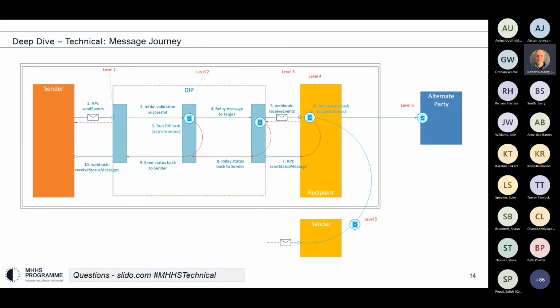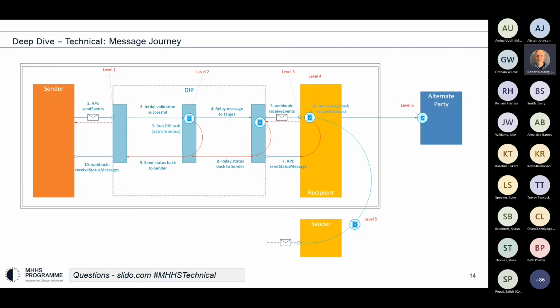When a message is sent by a sender, it's received at the message gateway on the DIP. Each message is sent with a unique reference or GUID by the sender. On receipt of the message, the DIP will provide a response that will tie this message by its sender unique reference to a DIP unique reference, the transaction ID. This will be then returned back to the sender once the message is received by the DIP.